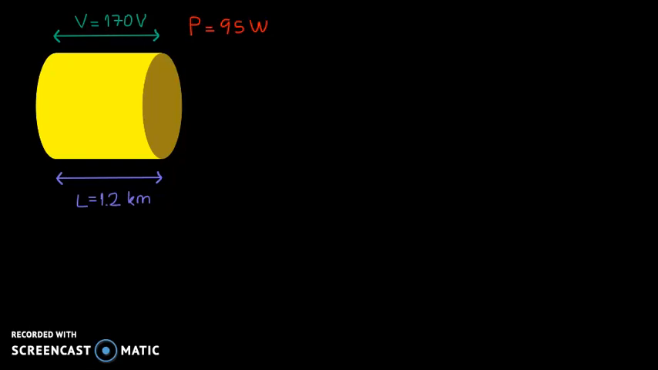We have a cable made of copper. Its length is 1.2 kilometers, and the potential difference across the ends of the cable is 170 volts. Now, this cable is dissipating heat at a rate of 95 watts, and the question is, what is the diameter